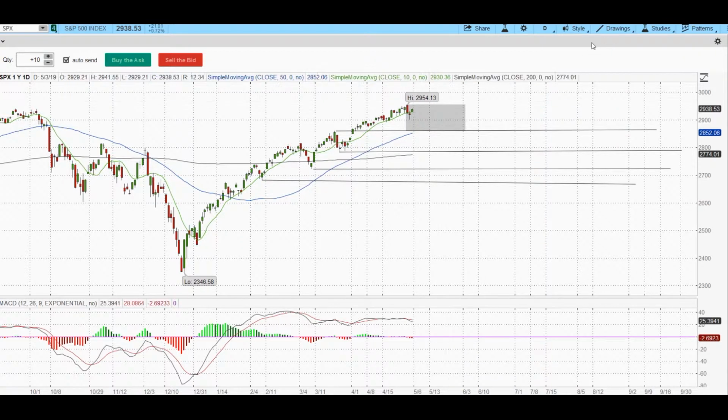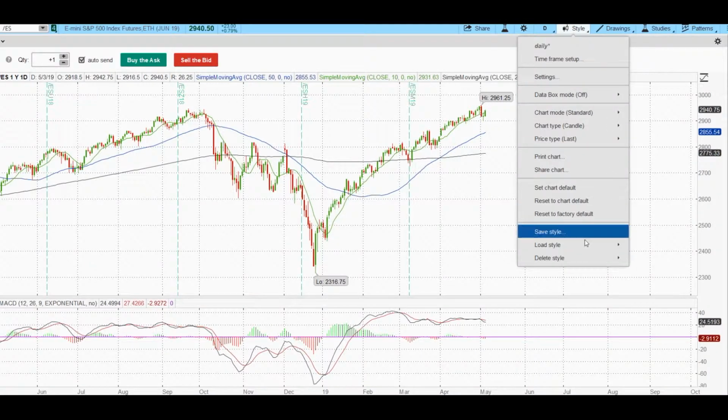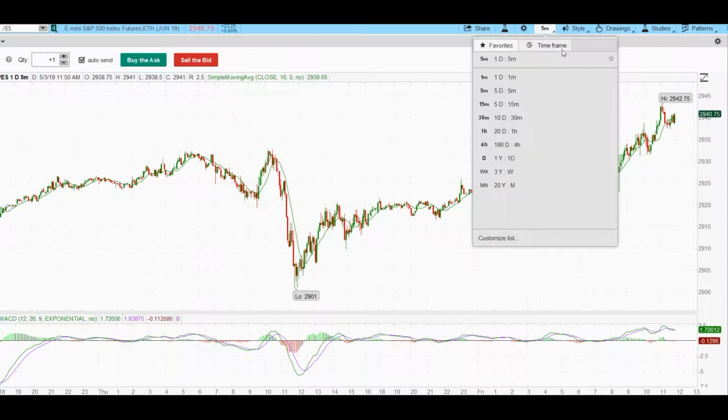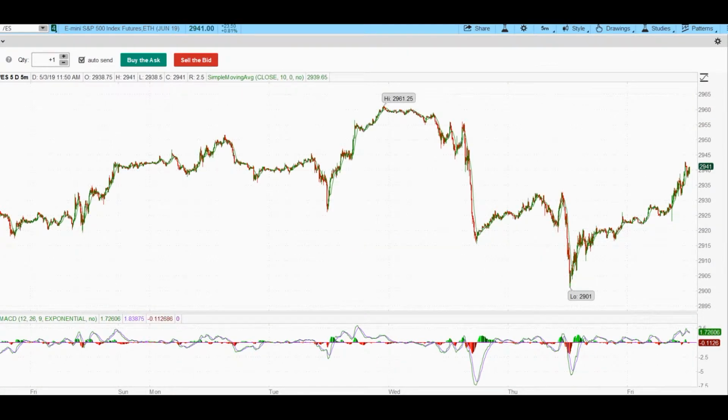But use the buying opportunities like we saw all week long on ES. And this was just unbelievable, the opportunities we saw here. Wish I could show more days. Let's see here. Time frame. 5 days. Okay. So we don't have time to dissect them, but we dissected them during the day,